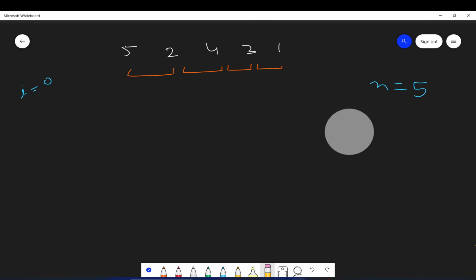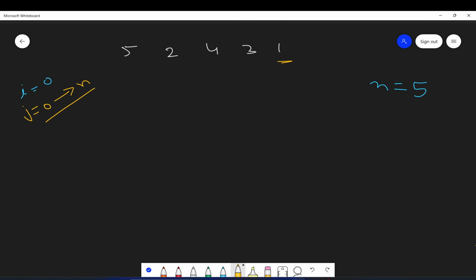So let's start. When we have to compare the adjacent elements, we will take another pointer j, which will start from 0 and go to the last. And it will not go till the last, it will go till the second last element, because we will compare this and this. When we reach the last element, we do not have anything to compare, so j will go from 0 to n minus 1. Okay, so let's start the algorithm.